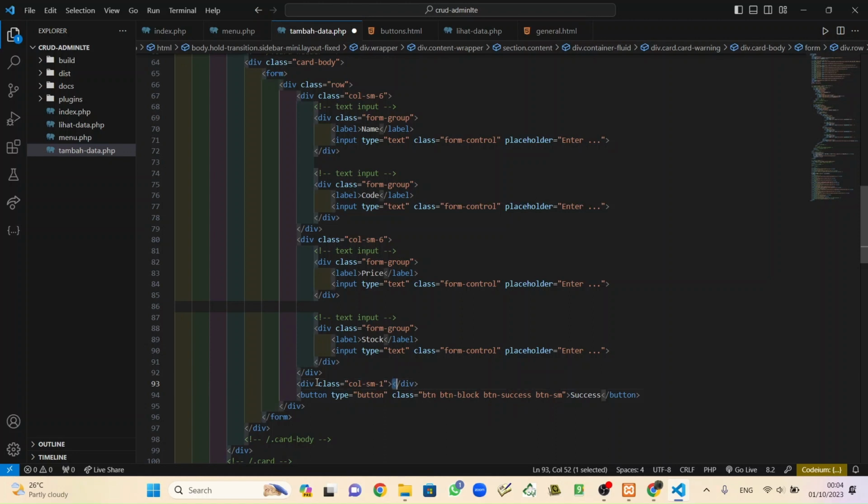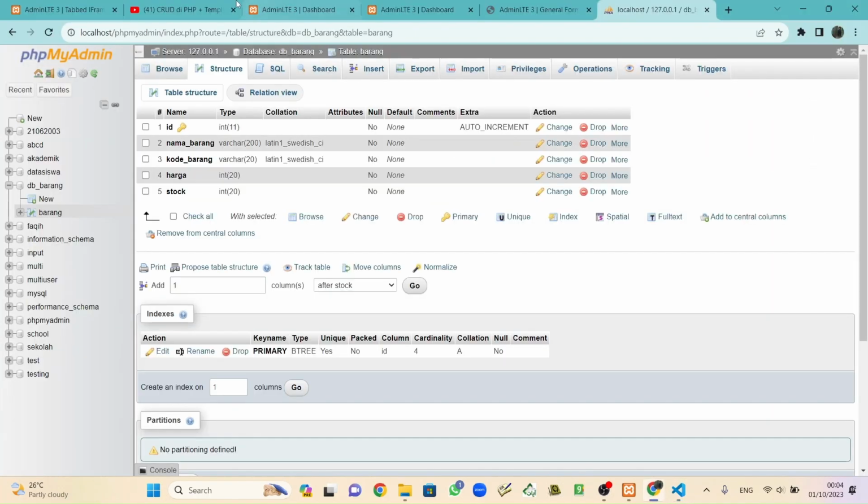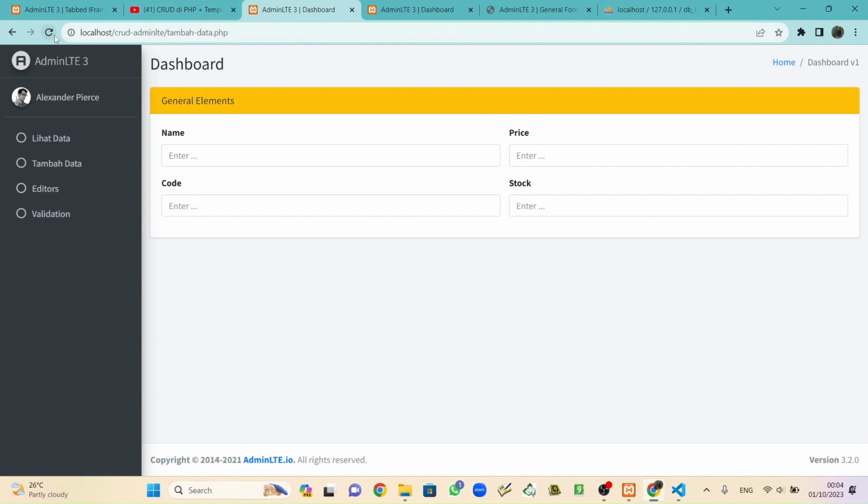Enter and put the close tag after the button. Control V, save, back to Chrome, preload.